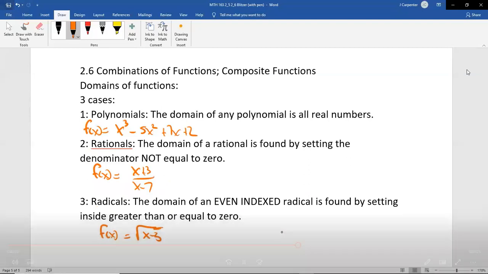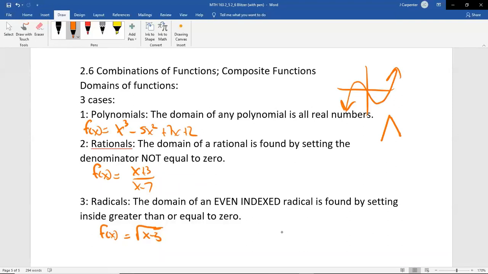Now we have drawn a few polynomials in here already, whether you knew it or not. We definitely should have known it for the x squareds. But we drew some polynomials when we were talking about increasing, decreasing that kind of look like this. This is how polynomials generally look. They have bends, they're smooth, they don't just all of a sudden take a right angle turn somewhere, and they can have multiples of these hills and valleys. They can have no hills and valleys as well. So that's how polynomials generally look, and we're going to be graphing them a lot more later, but for now,